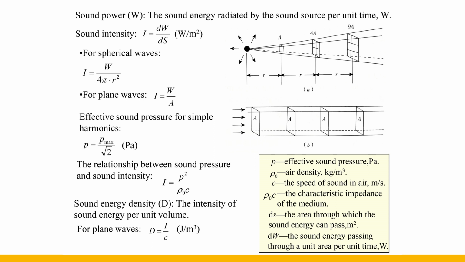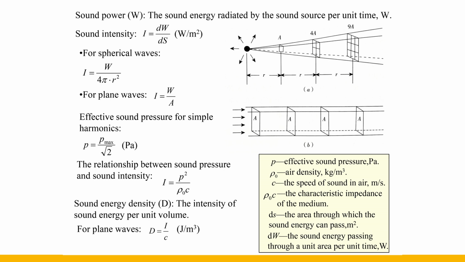of 2. Since sound intensity is difficult to measure, the sound intensity and sound power are usually calculated by measuring the sound pressure and using the relationship between the sound pressure and the sound intensity. The relationship is: in the free sound field, the sound intensity at a certain place is proportional to the square of the sound pressure at that place, and inversely proportional to the product of the medium density and the sound speed. Among them, the product of medium density and sound speed is called medium characteristic impedance.